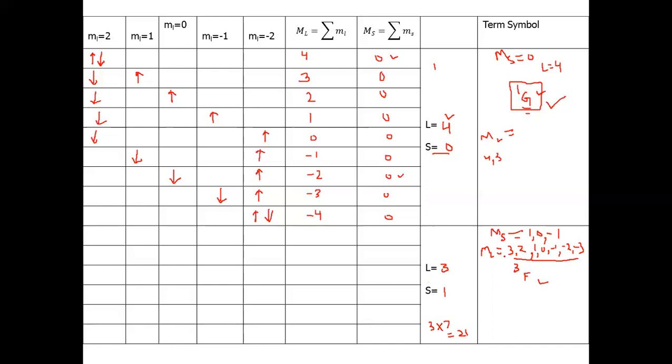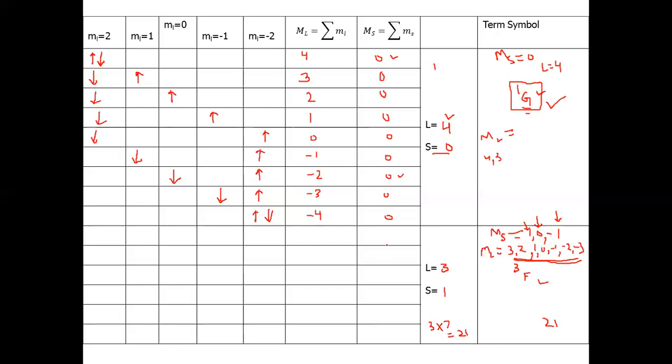Now what we can do, first we will write the microstates with values ML equal to plus 3, plus 2, plus 1, 0, minus 1, minus 2, minus 3, but MS will be 1. So this will give 7 microstates. Next we will write the microstates with ML equal to 3, 2, 1, 0, minus 1, minus 2, minus 3, but now we will take the case when MS will be 0. This will give 7 more microstates. So total are 7 plus 7, 14. In the next case, we will write the microstates with ML equal to these values and MS equal to minus 1. So that will give a further 7 values. So we will get a total of 21 microstates.